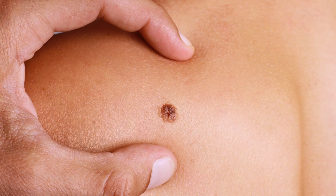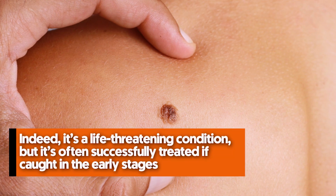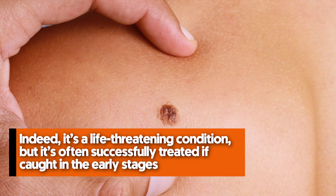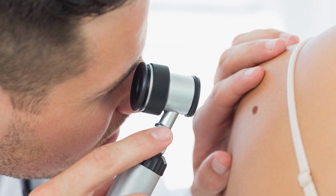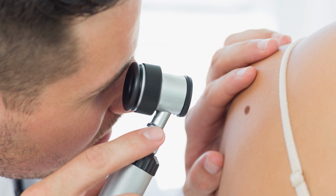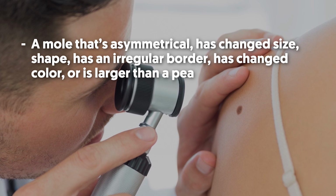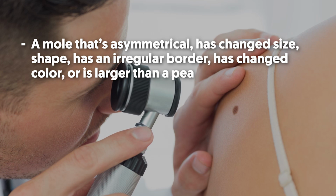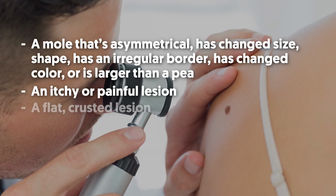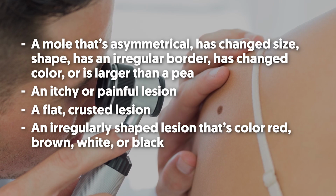When it comes to serious skin problems, skin cancer is the first disease that comes to mind. Indeed, it's a life-threatening condition, but it's often successfully treated if caught in the early stages. Skin cancer isn't always obvious, but you should consider talking to your doctor if you notice any of the following. A mole that's asymmetrical, has changed size, shape, has an irregular border, has changed color, or is larger than a pea. An itchy or painful lesion, a flat, crusty lesion, an irregularly shaped lesion that's color red, brown, white, or